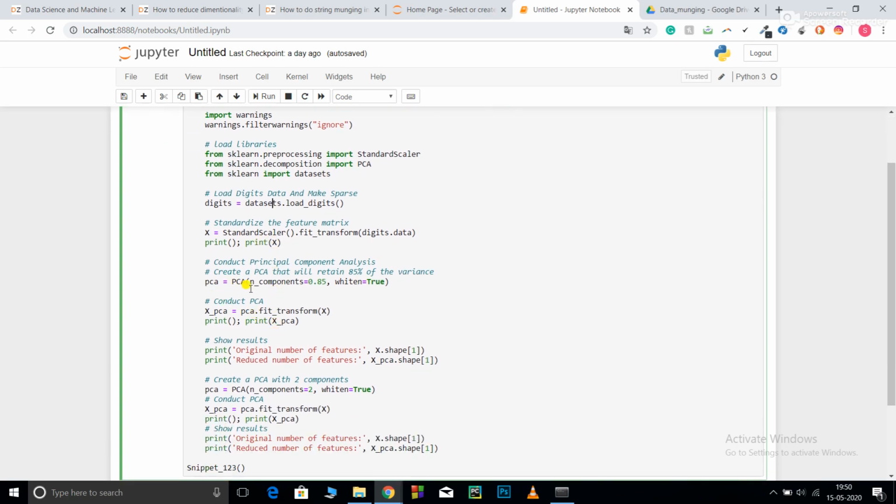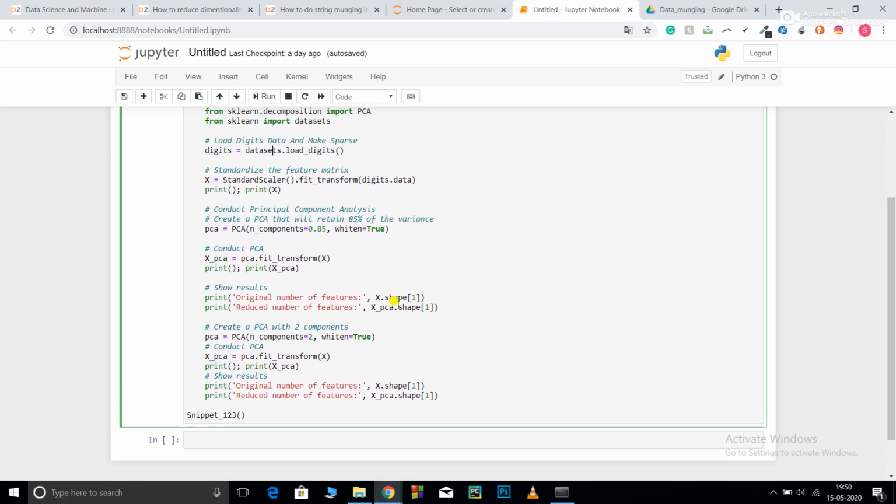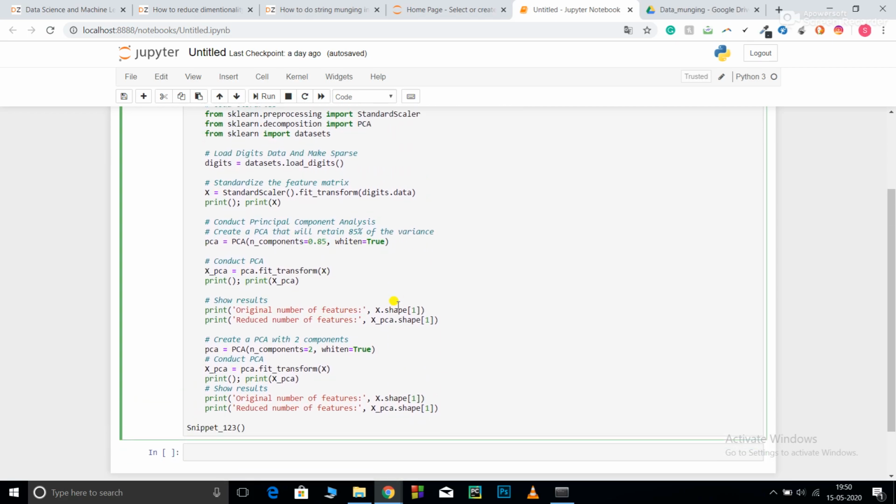Now, I've initialized PCA. PCA with n_components equal to 0.85. This means it will keep 85% of the variance. We can also reduce the variance, but we want our variance to be maximum. So in this case I have kept it at 0.85.